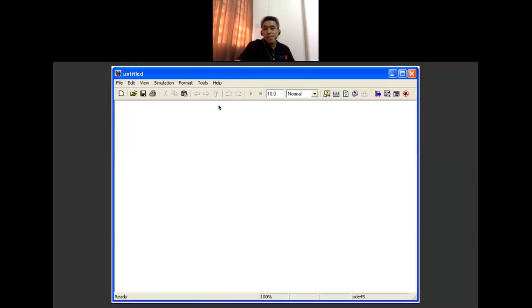When you select Model, the Simulink window will appear. So this is our Simulink window, where we will model our electronic and electrical circuits.